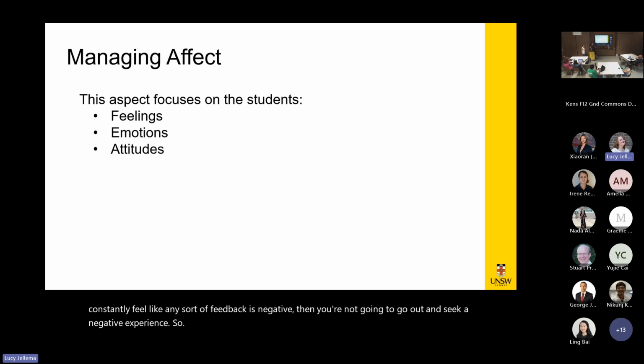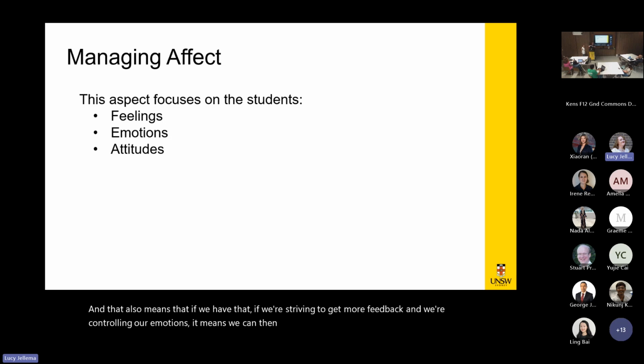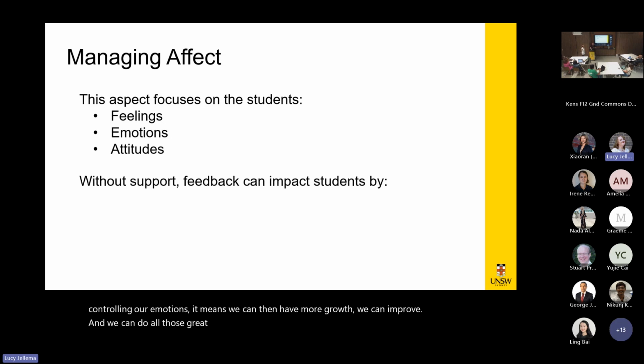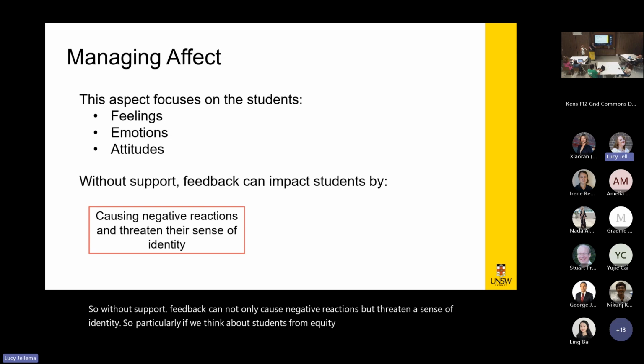And that also means that if we're striving to get more feedback and we're controlling our emotions, we can then have more growth, we can improve, and we can do all those great things. So without support, feedback can not only cause negative reactions, but threaten a sense of identity. Particularly if we think about students from equity cohorts, many students from an equity background, for example, low SES, rural and remote areas, etc.,